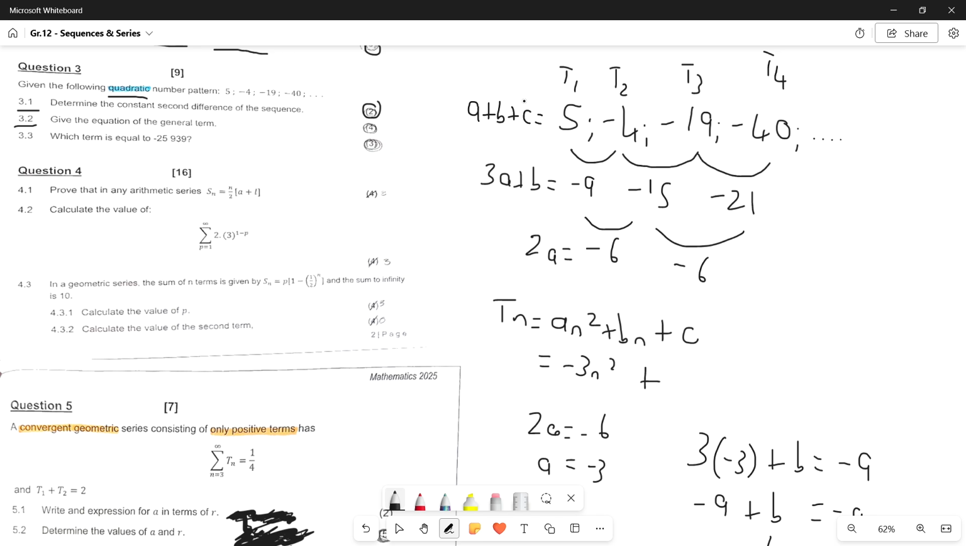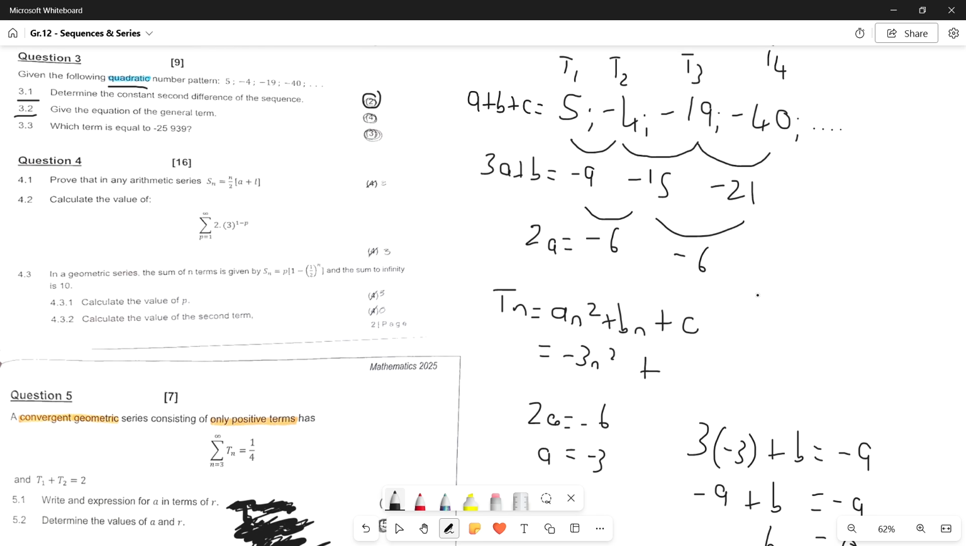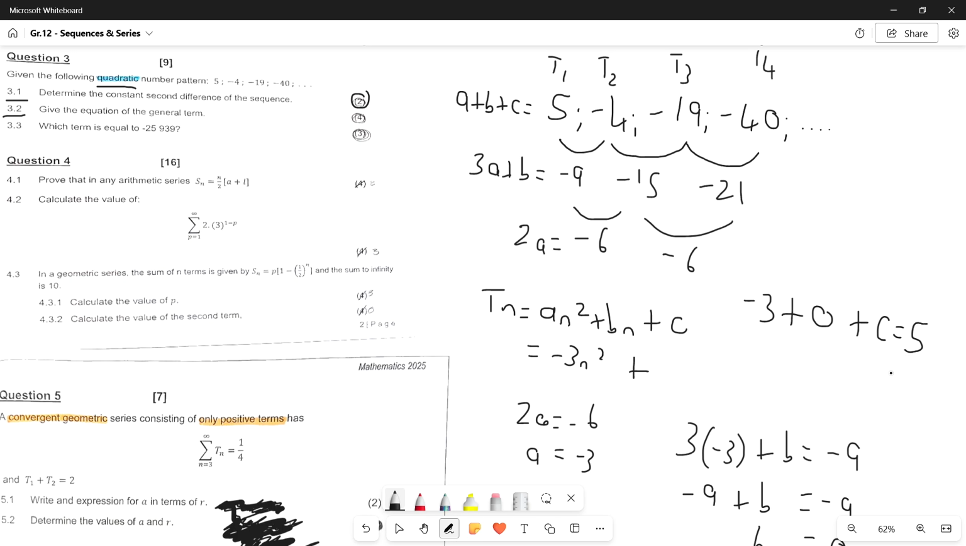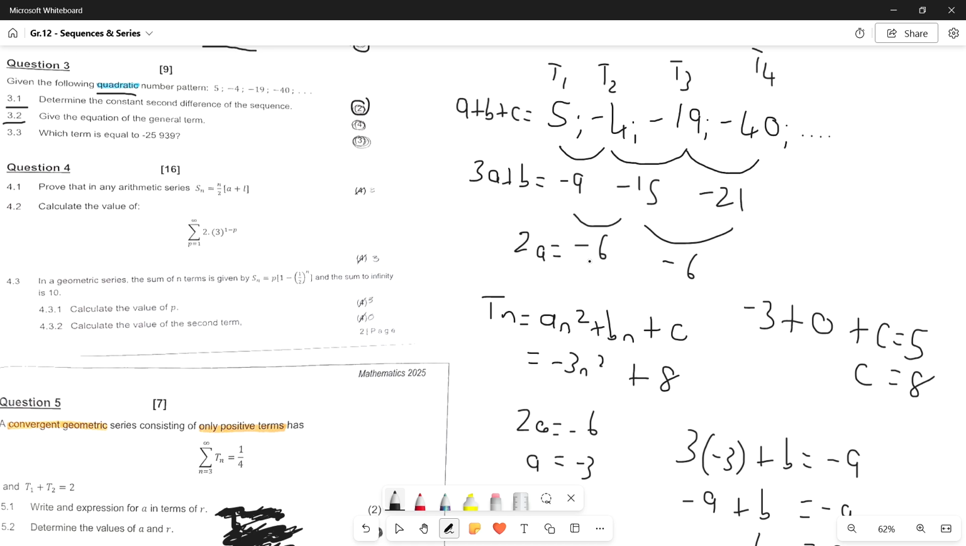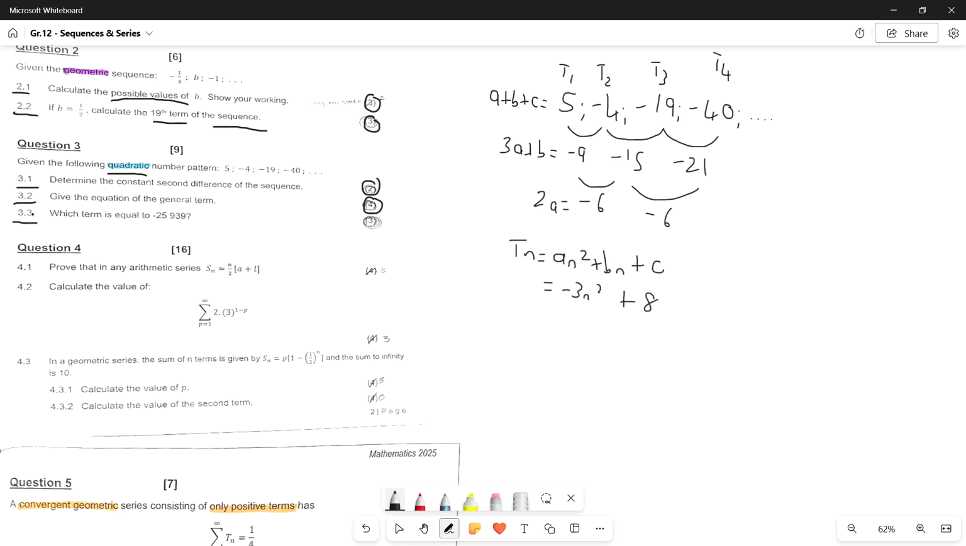And then for a plus b plus c equaling 5, we have -3 plus 0. That's our b value, plus c, which is what we want, and that equals 5. So 0 is gone. -3, take that over. That becomes 8 over there, and c's value is 8. So we have -3n squared plus 8, and that is the equation of the general term for our quadratic sequence. And that just earned us 4 marks, because then from there we're on 3.3, which says which term is equal to